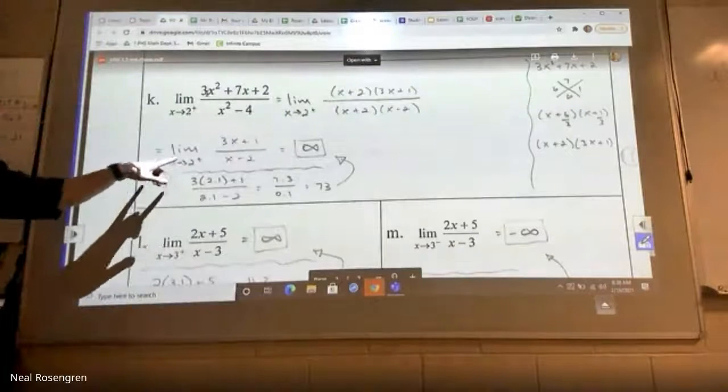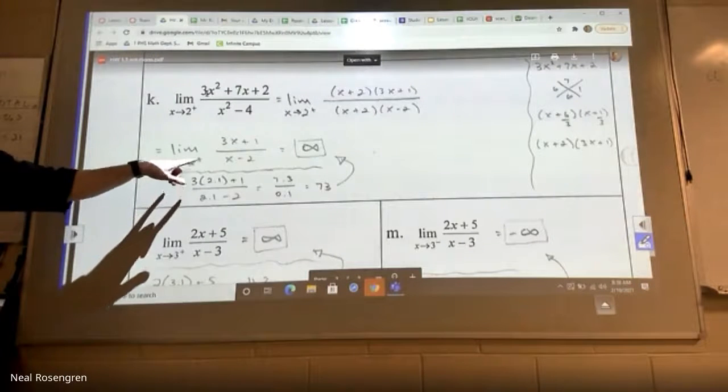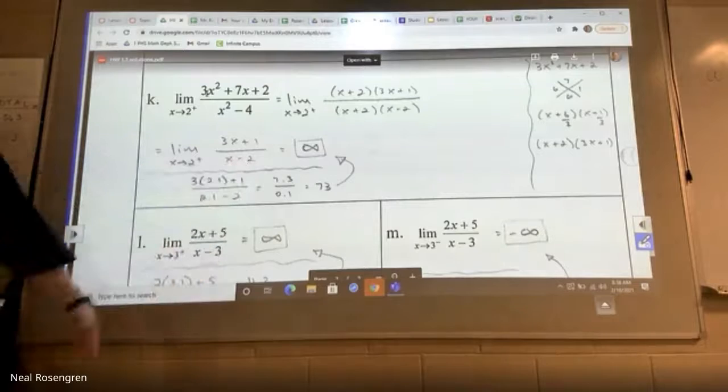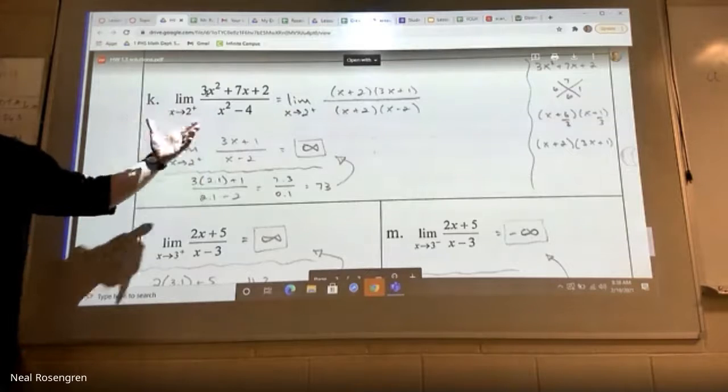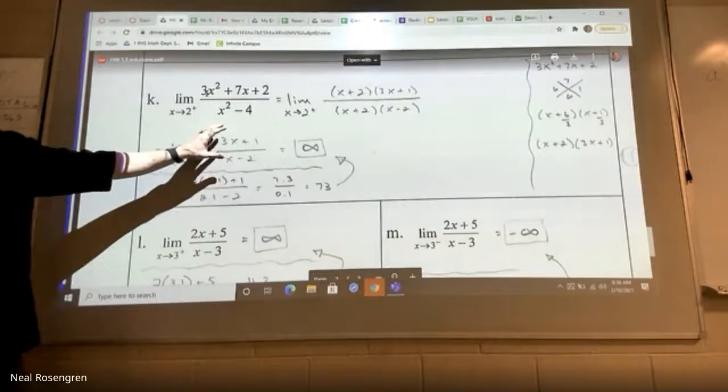I still end up getting 0 in the denominator if I plug it in. But it just gives me a simpler function to plug it back into. So we're always going to factor and simplify, because it makes that next process just a little bit easier. And so what I think would be better than what I did yesterday is that, again, I kind